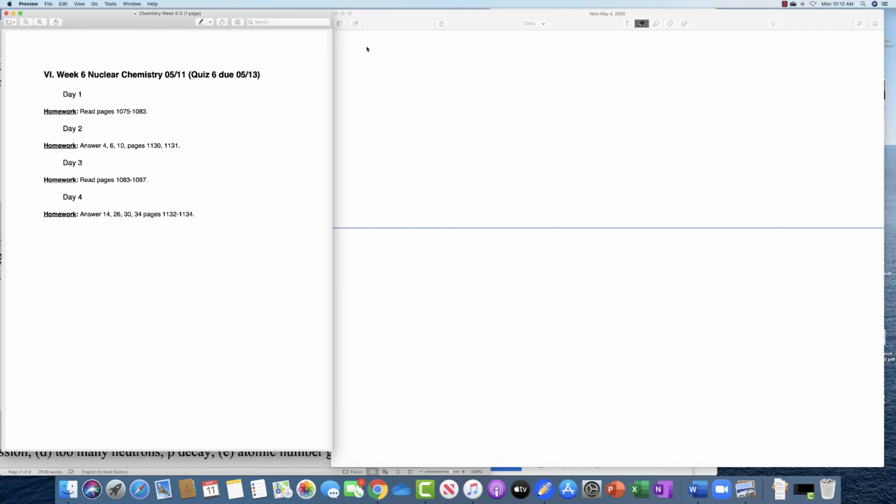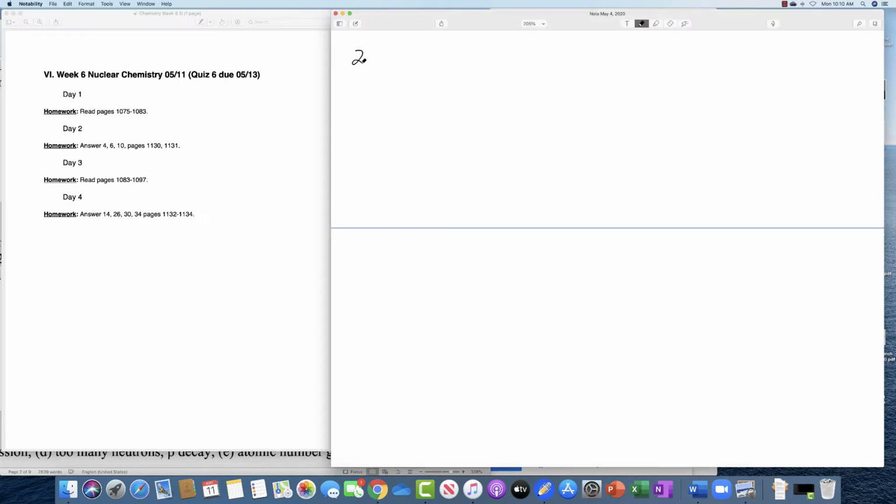We are going to continue with the homework now with number 26. Number 26 states that certain nuclides listed are not in the band of stability, and it asks you to predict what sort of decay would occur. I'll try to help you understand this as we go through. The first one is phosphorus